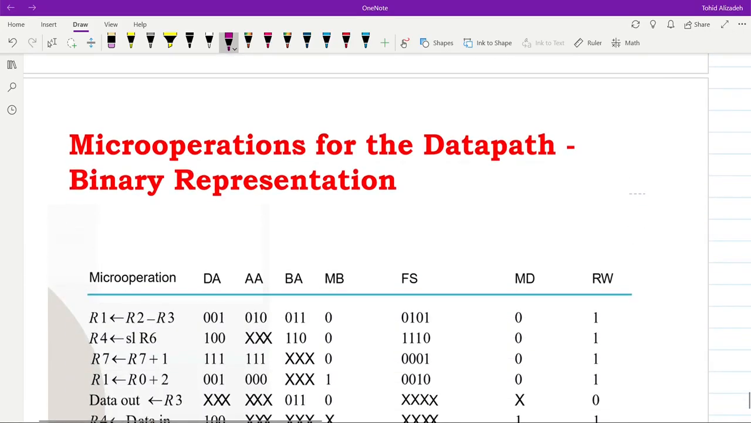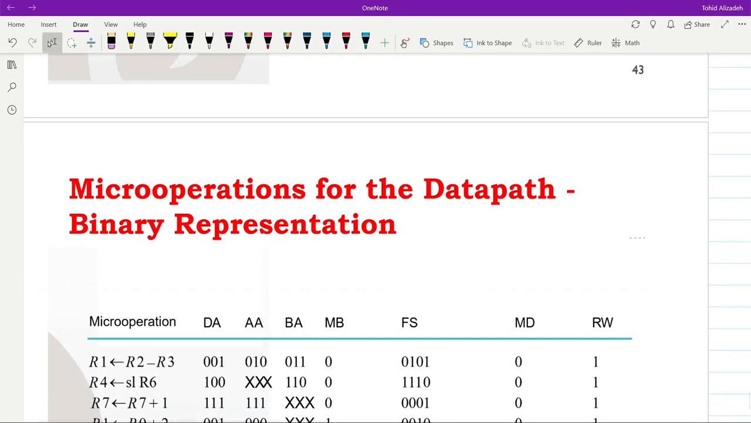In the next slide, you can see the corresponding values. So DA was referring to R1, so the value that we need to have for it is 001. A address refers to R2, so it will be 010. B address refers to R3, it will be 011. MB is equal to 0 because we don't take any constant input. FS is 0101, which refers to subtraction